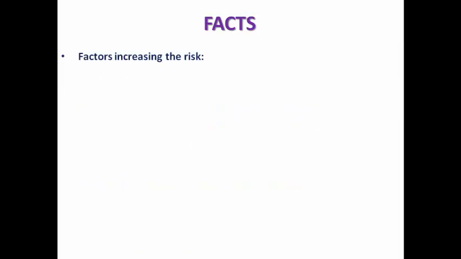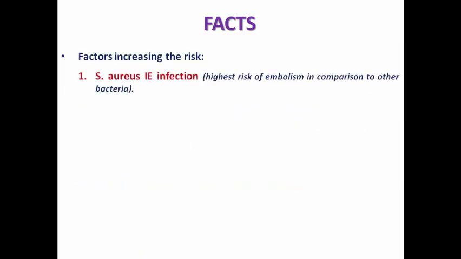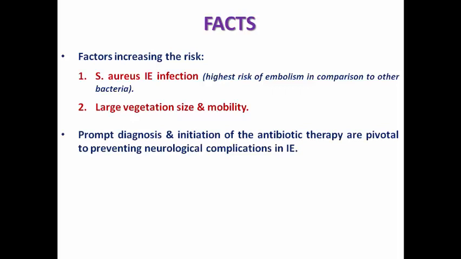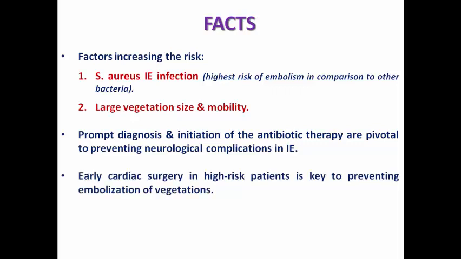And there are some factors increasing this risk, like Staph aureus infection, as we mentioned, the highest risk of embolization in relation to other bacteria, and of course the large size of vegetation and the mobility. Of course, early diagnosis and starting treatment are essential to prevent neurological complications, and early cardiac surgery in high-risk patients, as we mentioned the indications before, is the key to prevent embolization that may worsen the prognosis and increase the